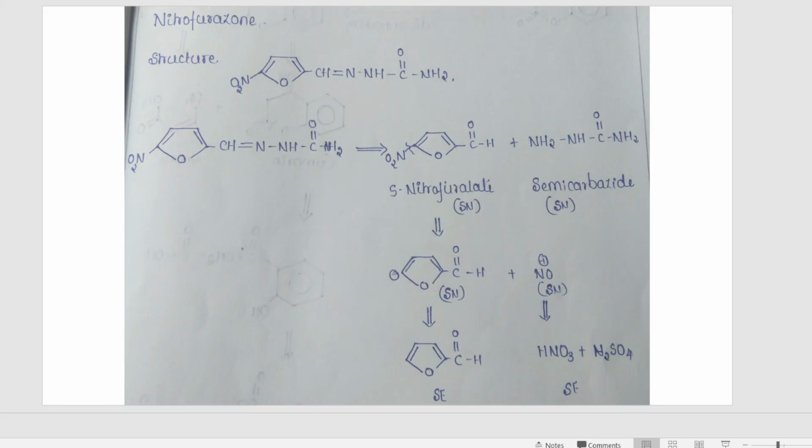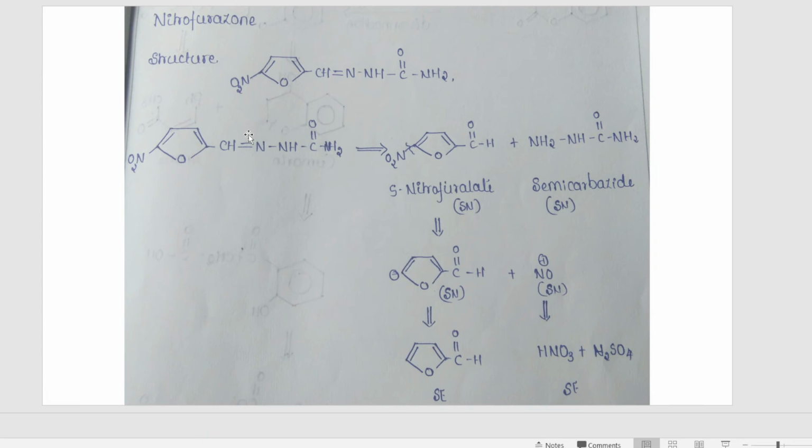Next, we are synthesizing another important molecule, that is synthesis of nitrofurazone. Okay, so this is the structure of nitro and there is a furan ring containing oxygen. This is nitrofurazone, and this part of nitrofurazone is called semicarbazide. You can see here this entire part is called the semicarbazide. So before synthesis, what are you doing? You're doing retrosynthesis. For that, you have to disconnect and write.